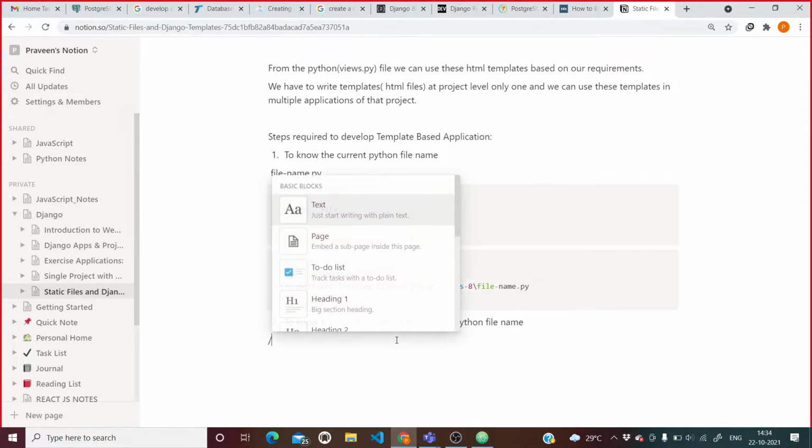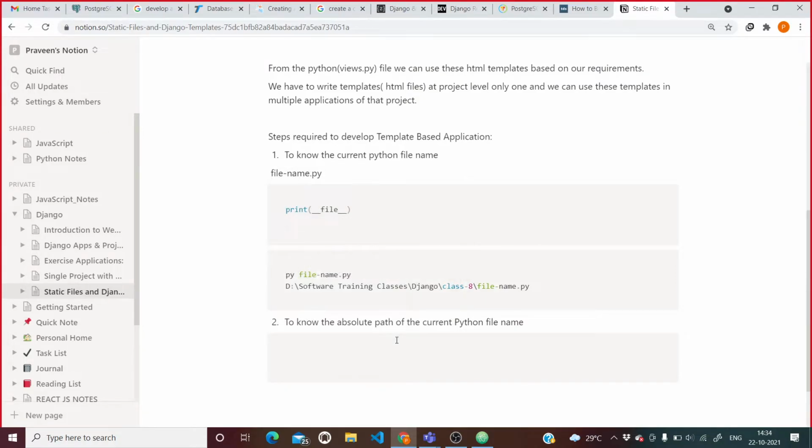First of all, you need to use the OS module. In the OS module you write print os.path.abspath, the absolute path of this particular file. I am going to use this method to know the absolute path of this file name.